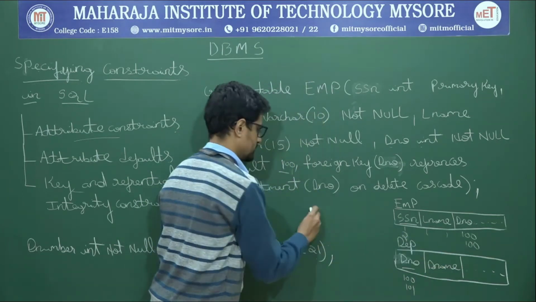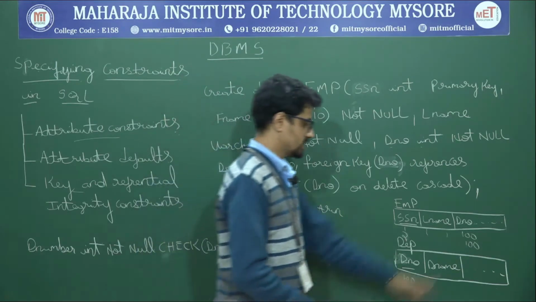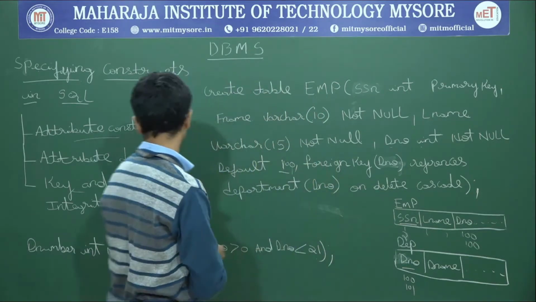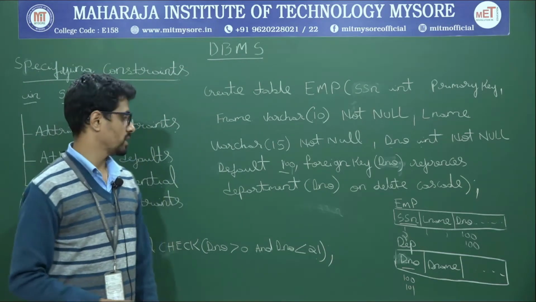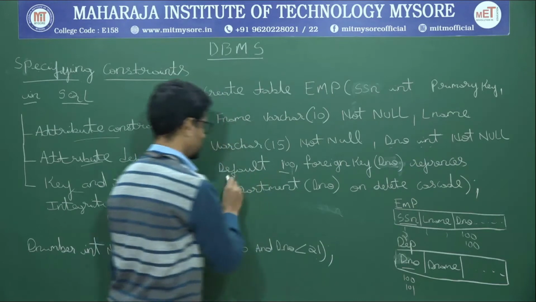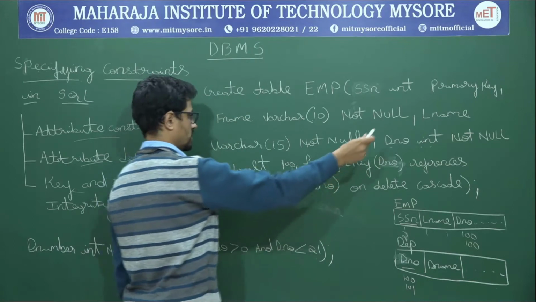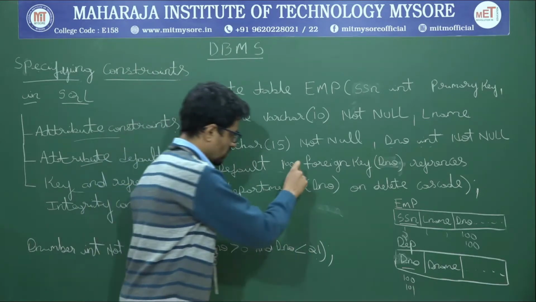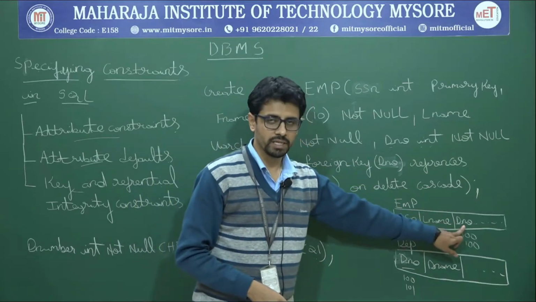Say for example, I place 1 Arun and I enter. I don't specify department number. It inserts 100 in place of that. Okay. So this is another type of attribute constraint, the default constraint, specified with the create table command. So department number int not null default 100 indicates that if a department number has not been inserted, it should be a not null value, so insert what? 100. Okay, comma.